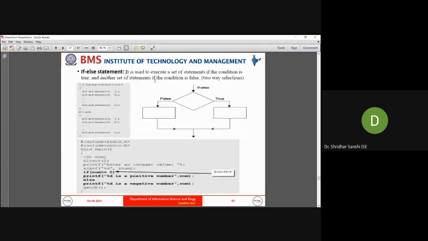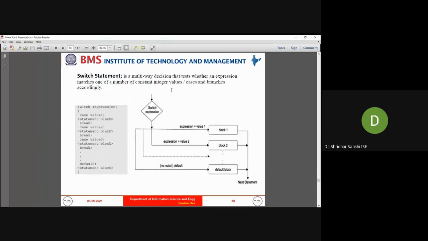The if else statement is called two way selection, because based on the result of the evaluation, either one set of instructions or the else part will be executed. If the expression results in true, then the instructions in the if block will be executed. If it is false, then the instructions in the else part will be executed.